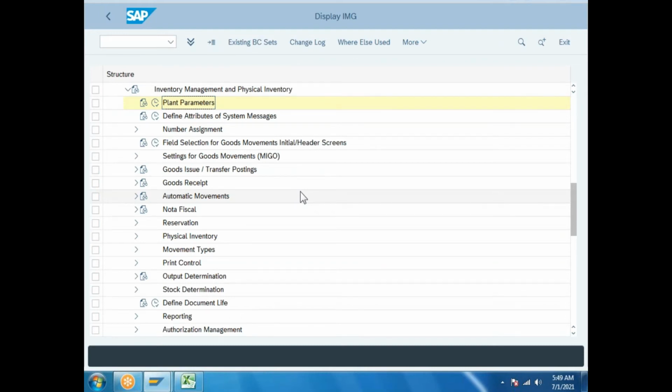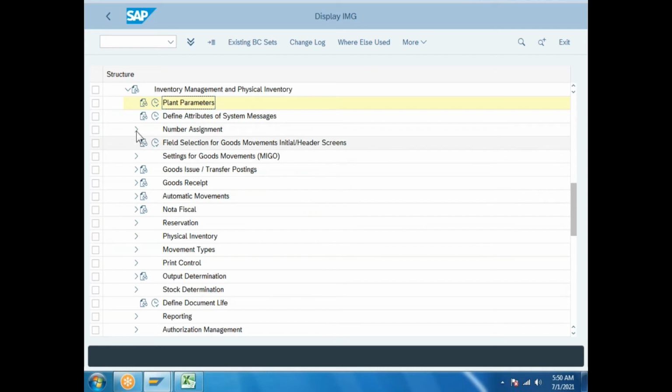What are the inventory management plant parameters? Keep in mind: goods movement, physical inventory, negative stocks, reservations. Where is all the inventory stored? Warehouse. Correct. In the warehouse, what kind of goods do we have? How many boxes, how much raw material, how much finished goods, how much semi-finished goods? We need to maintain this in the system. That is called inventory management.